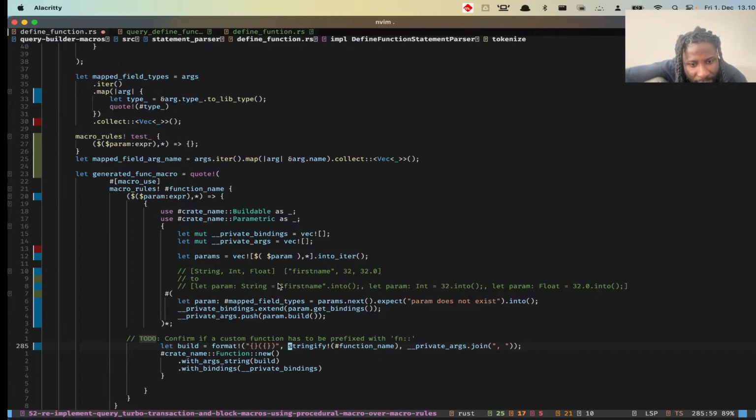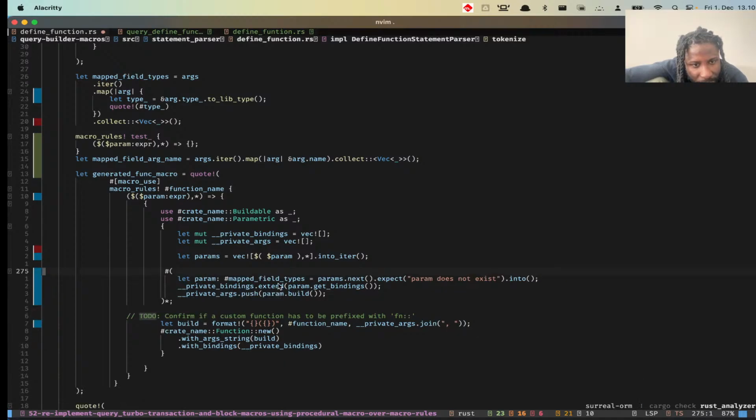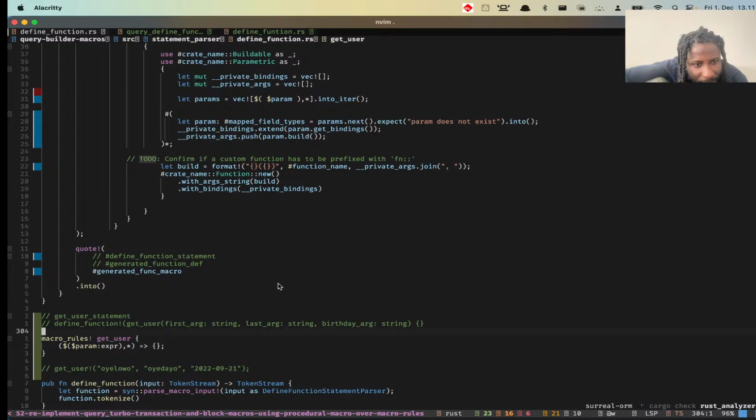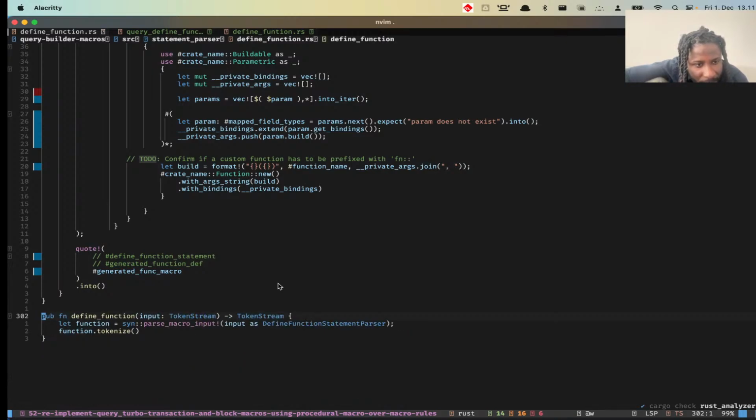That's why we have that. That should be enough, and we don't even need that anymore because we're doing this here. Yep, let's remove all this part also, clean that up,